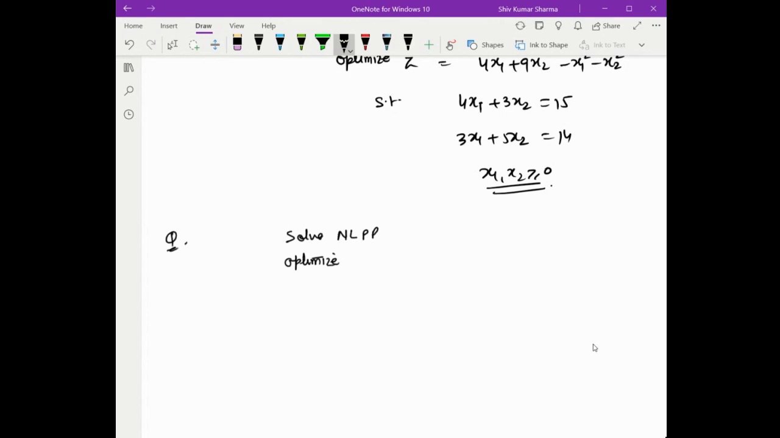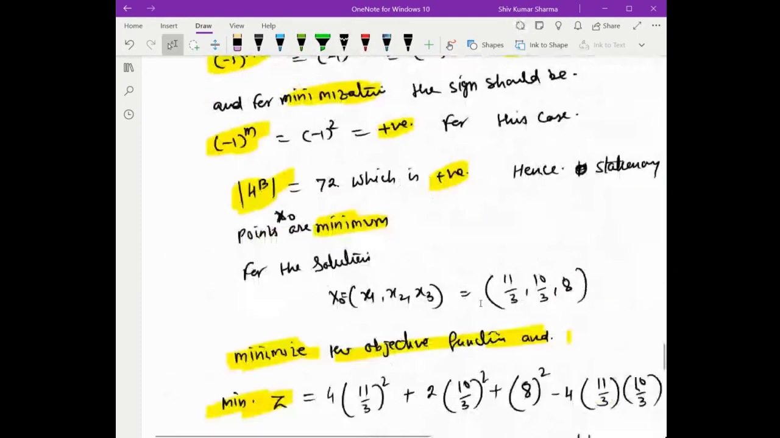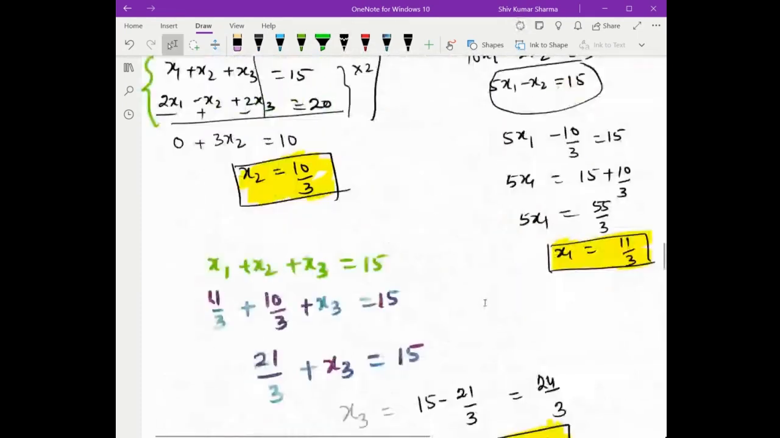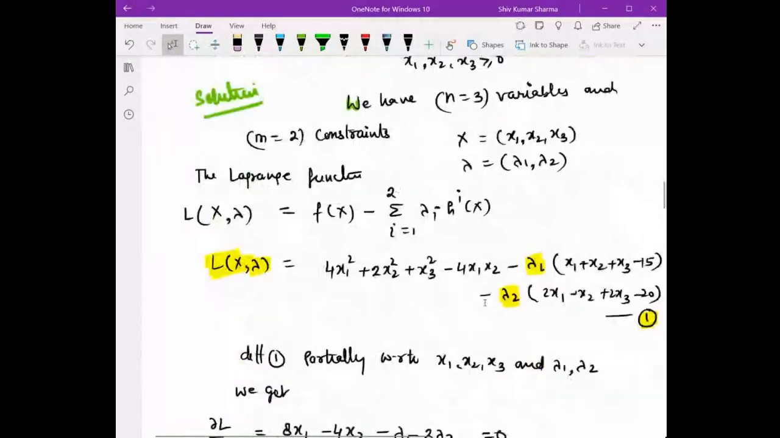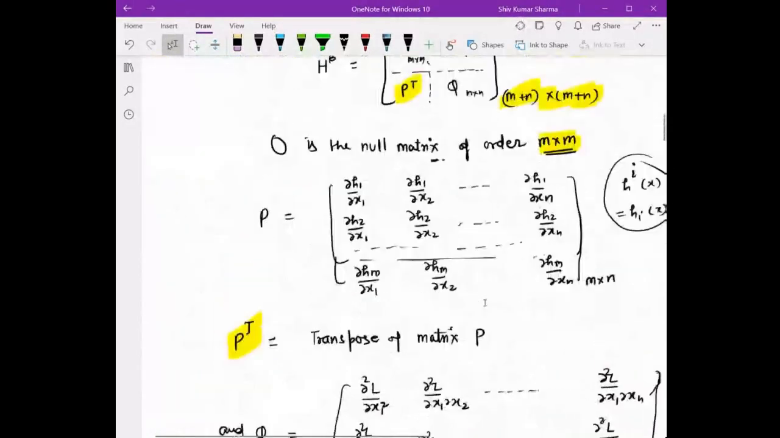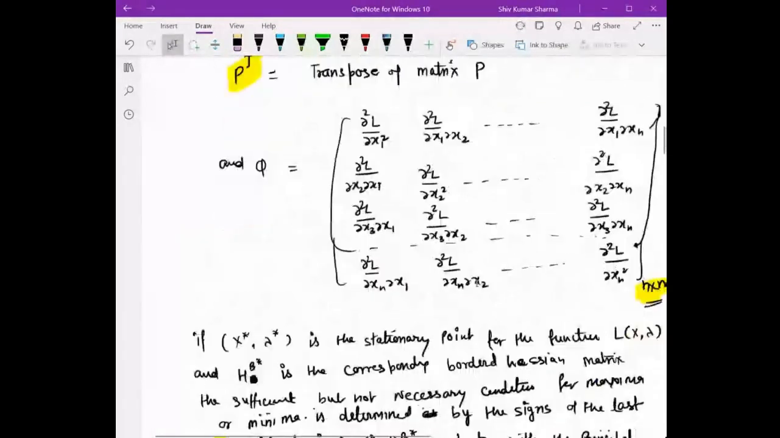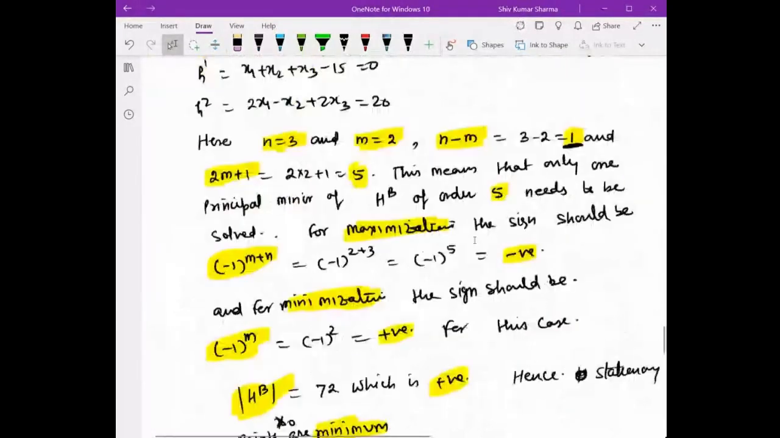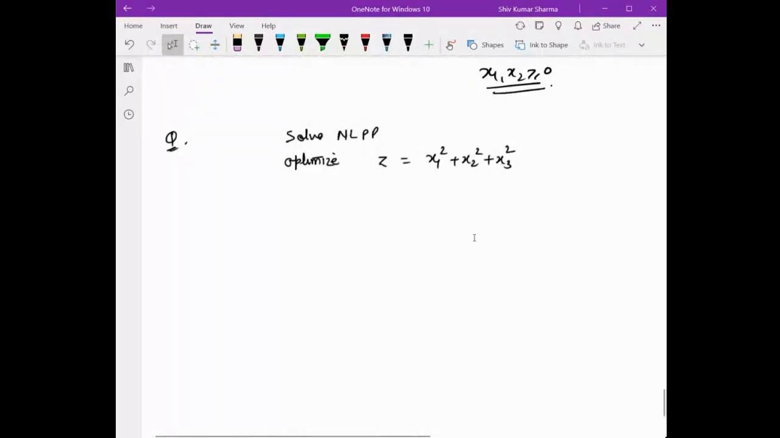Optimize z is equal to x1 square plus x2 square plus x3 square, subject to the constraints x1 plus x2 plus 3x3 is equal